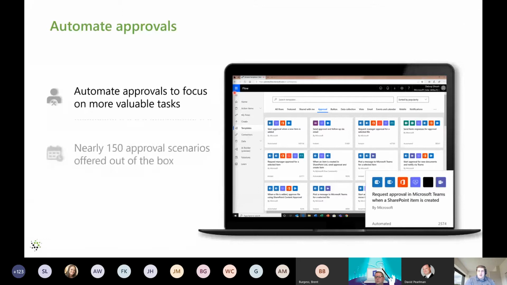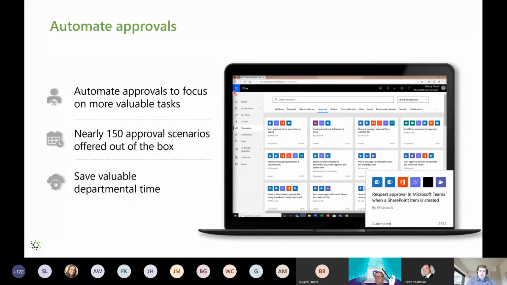Approvals, I kind of talked about this a little bit already, so I won't spend too much on this slide, but approvals can have many different flavors, right? You can have approvals that are truly an approval in nature. You can have approvals that are more process drivers. You can have approvals that are really for legality sense and need to be signed or what have you. And Power Automate out of the box already has a lot of those features, and then additionally all of those actions that are available to you, you can configure in your own way.